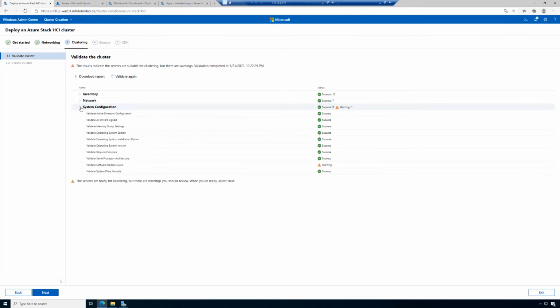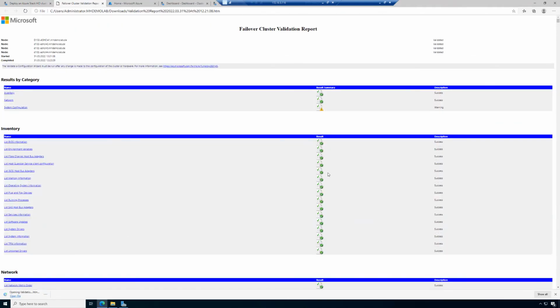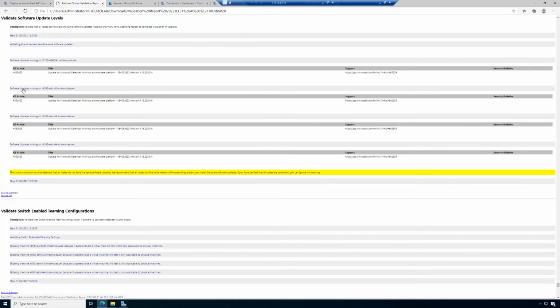I have a warning in the system configuration, and here I can see a warning I will receive often. I have different software update levels. So I have some updates on one server I don't have on the other servers. I can download the report here to see some details about the configuration. I will check the report and open the file. And here I can jump to this system configuration setting, validate software update level, and here I can see that not all nodes have the same